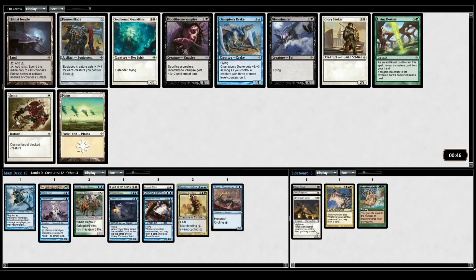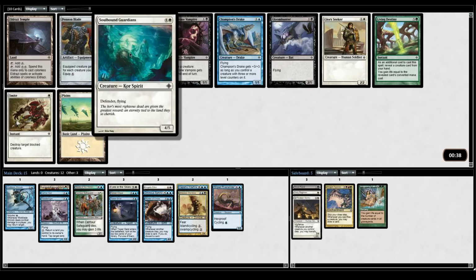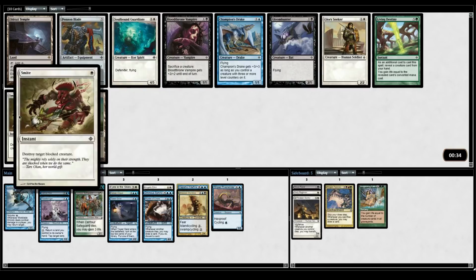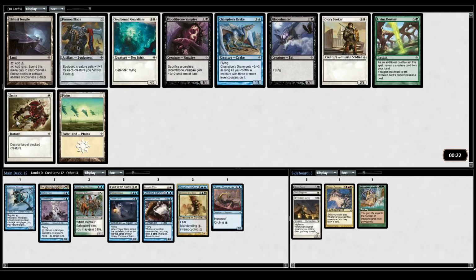Alright, Eldrazi Temple. What is this? Champion's Drake gets +3/+3. We don't have any level counters, so it's just a 2 mana 1/1. I kind of like this big flying defender. Smite is also interesting. How good is this? You put it on a flyer, and it'll probably give on average +3/+3. Problem is the equip cost is so heavy, but I don't think I need...